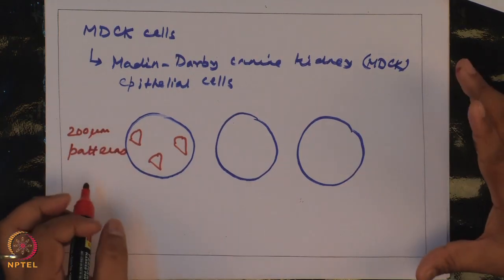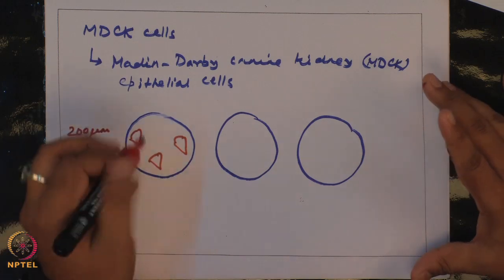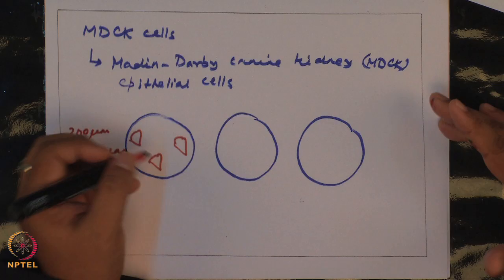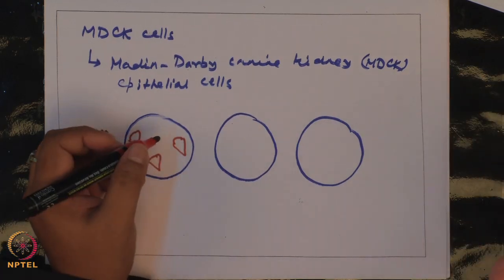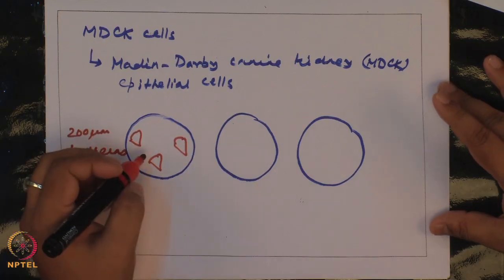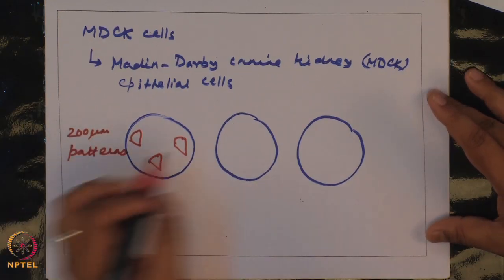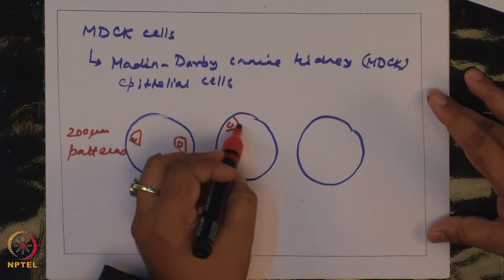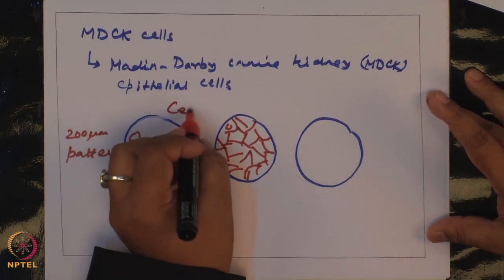These patterns are probably coated with fibronectin or some other ECM ligand. So, cells will attach to this, but not on the surrounding areas. When you plate cells on these patterns, you play with the concentration of the cells, so you play with cell density,